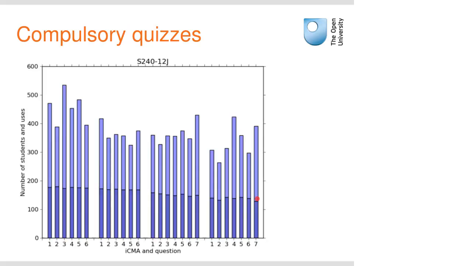Now, the total attempts are not really down. This is a different module which will have a smaller student population. So you really need to just look at how it drops off compared to the first bar. And again, there's probably a bit of a drop-off in how many students are doing repeat attempts beyond the ones they need to, but it's still obviously,